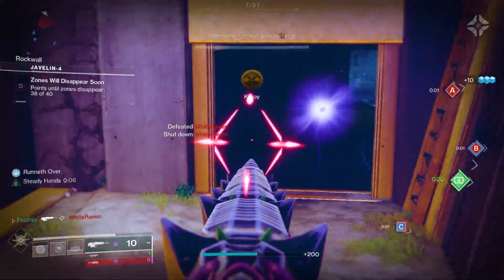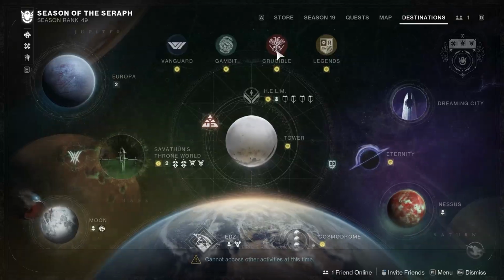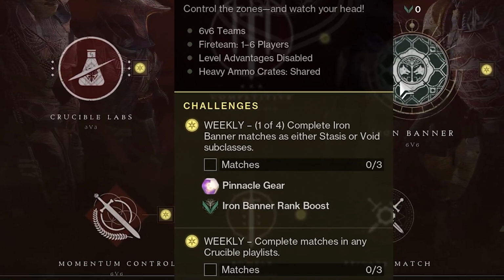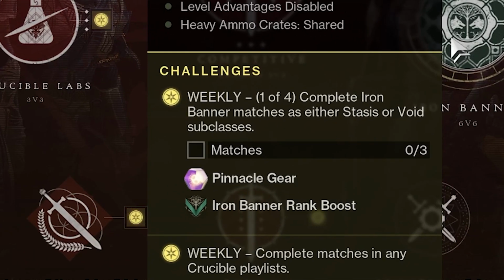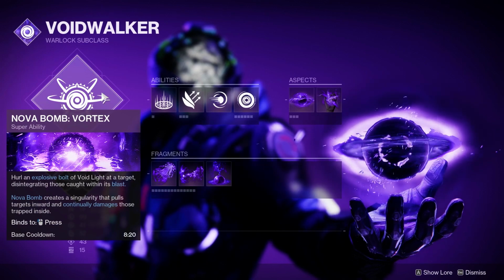But let's get into our build today, and I honestly was not sure which subclass I wanted to use in Iron Banner this week, but it kind of made it easy for me. The weekly challenge is to play as Void or Stasis, so I was like, you know what, let's do Void today. Now to start in our subclass, we're going to be going with the Nova Bomb Vortex,